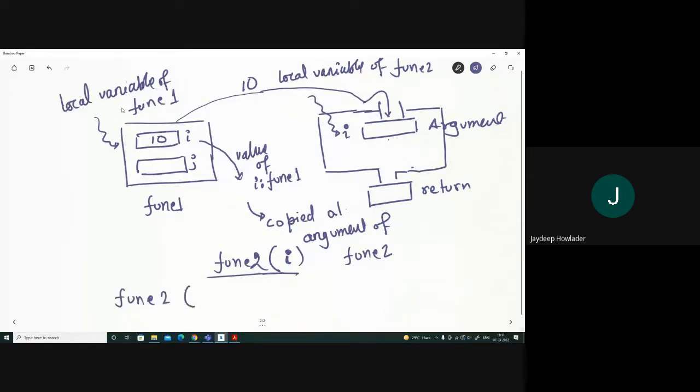So we can say this statement is similar to func2's I, which belongs to func2. Now this value is copied from the I which belongs to func1. So this is just a copy of the value. It does not pass the memory location or the storage from function 1 to function 2. It only passes the